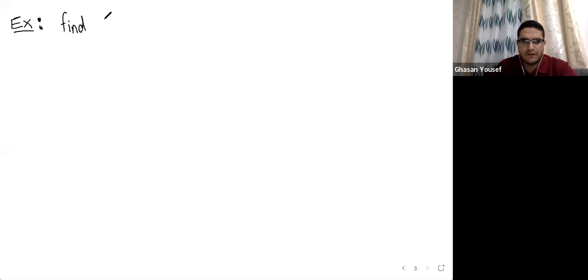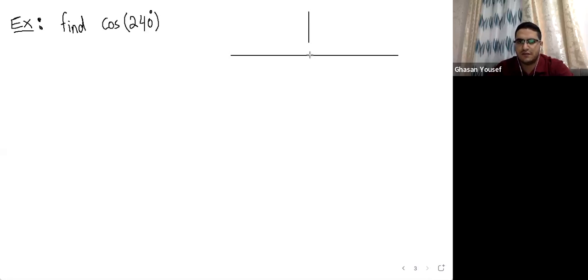Find the cosine of 240 degrees. Cosine of 240 degrees. Okay, to find this, you first have to graph to see which quadrant the angle is in: first, second, third, fourth. So, 240 degrees. Like I said before, all the time, my initial side